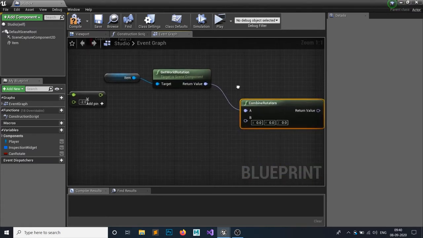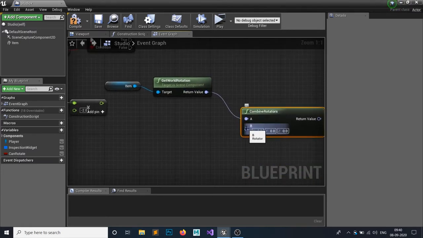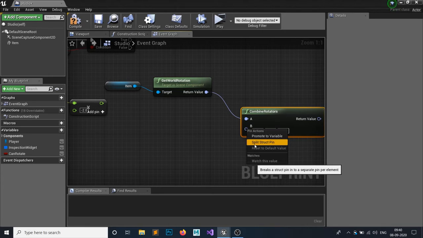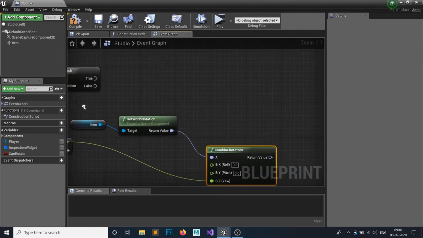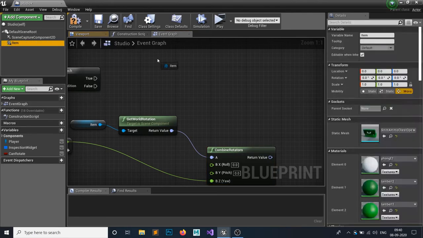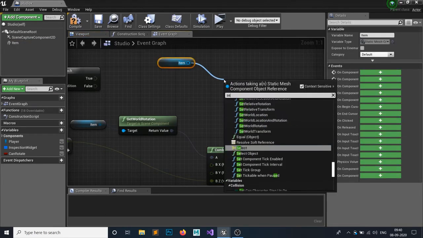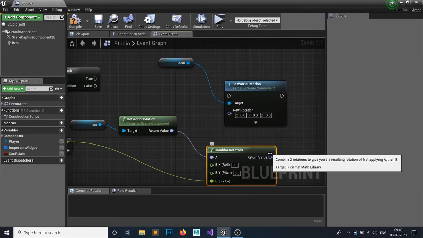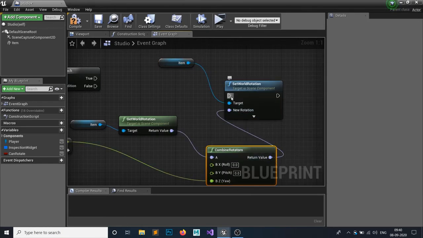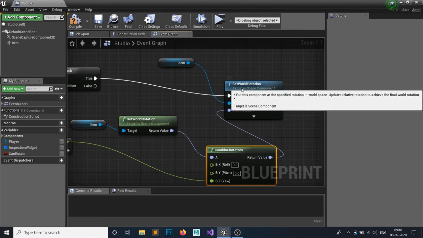You can see the combine rotation node has rotation on your B. Right click and split the screen and connect this yaw with this float. If it's true, then we're going to set the item's world rotation to our new rotation.